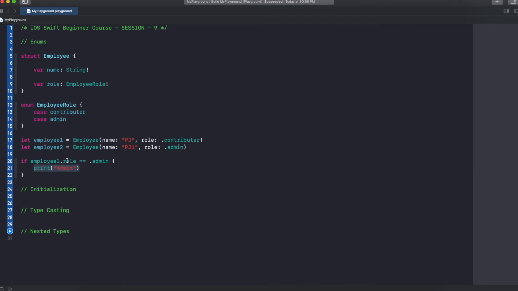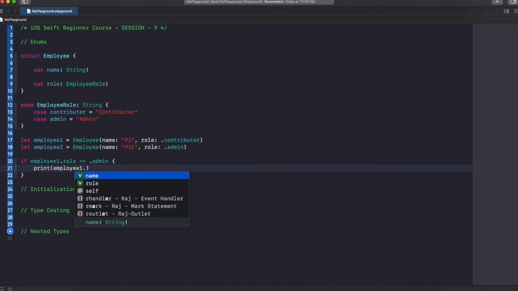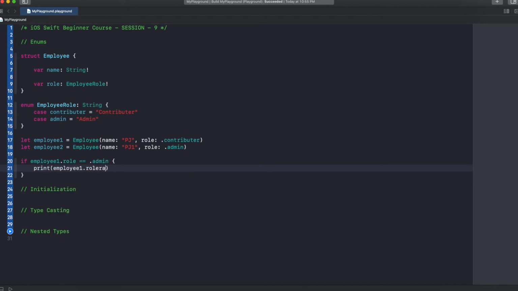In that case, we can make this enum a string type enum, with cases contributor and admin, and then here we can print employee1.role.rawValue. That's it.